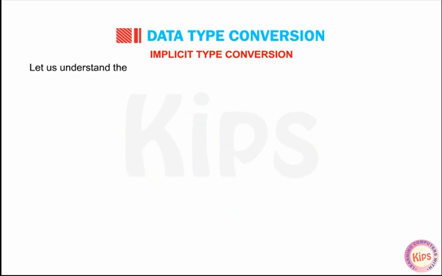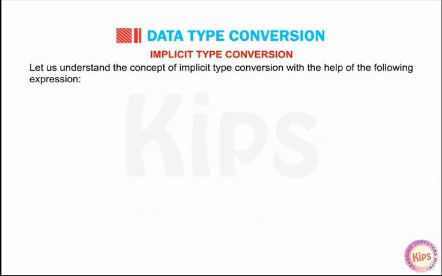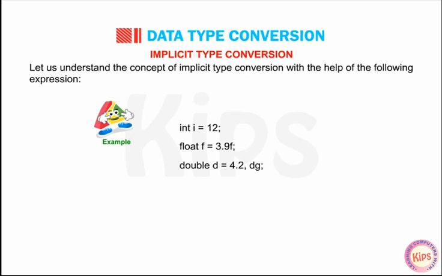Let us understand the concept of implicit type conversion with the help of the following expression. Example: int i = 12; float f = 3.9f; double d = 4.2, dg; long l = 3; dg = d + f - i / l;